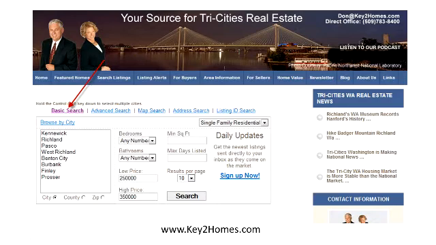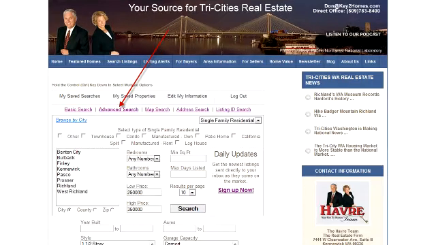square feet, and this one also gives you the maximum days on the market that a home is listed. So if a home is in a very popular price range and you see that this home's been on the market for 140 days or more, you might suspect that either the home is not in good condition or it's overpriced or both. If we go to the Advanced Search tab, which is highlighted right here, essentially what we have